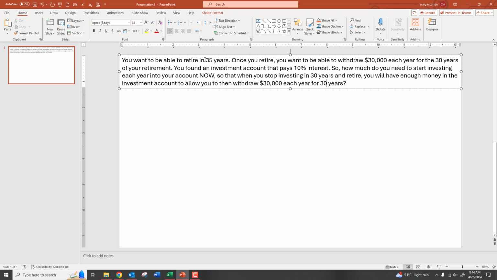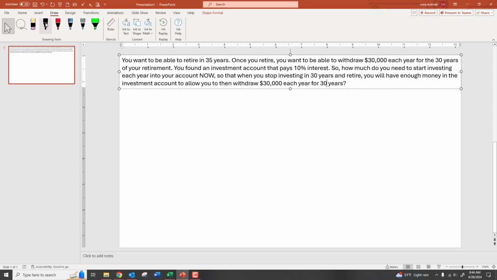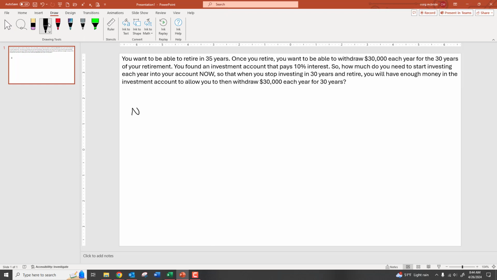So think about it in terms of a linear timeline, what's happening. So here's now, and you're going to start investing. And that's going to earn you 10%. And you're going to invest annually, right? You're not putting money in monthly, you're putting in money annually. And you're going to do that for 35 years because that's when you retire. So you're going to do that for the next 35 years. Okay, so now